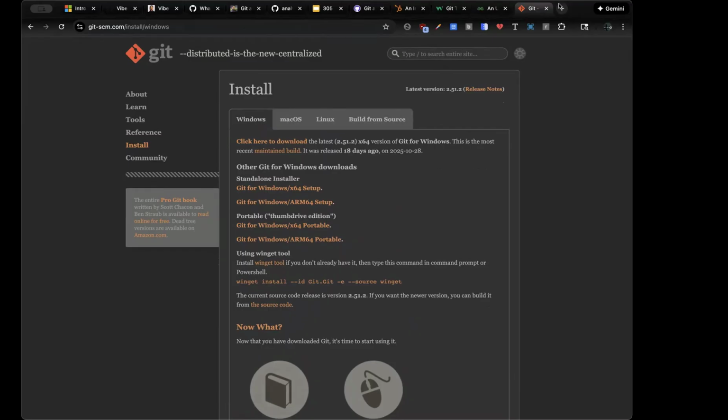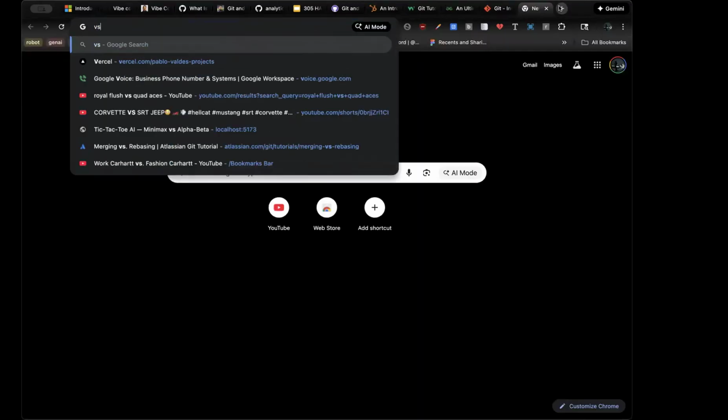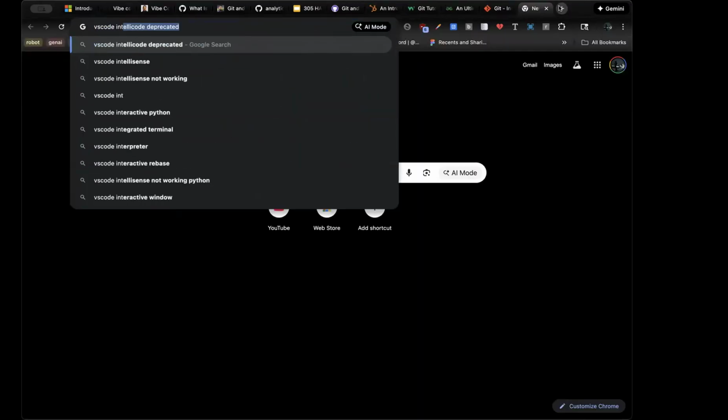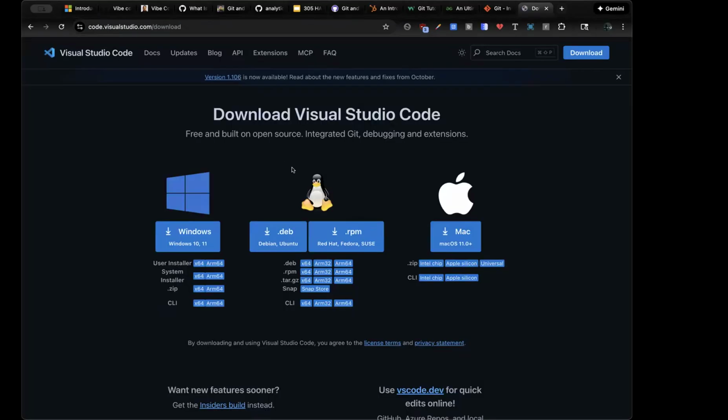What you also need is an IDE, like VS Code. You want an IDE because you're using Git to write code, which is what most people use it for. You could use Git to track any changes, but it's mostly used for code and collaboration, so you need an editor to write that code.